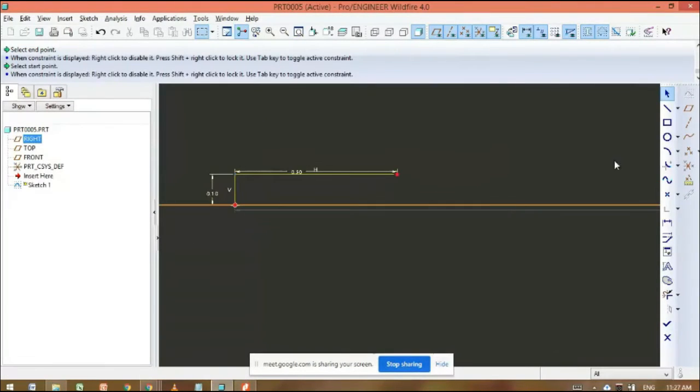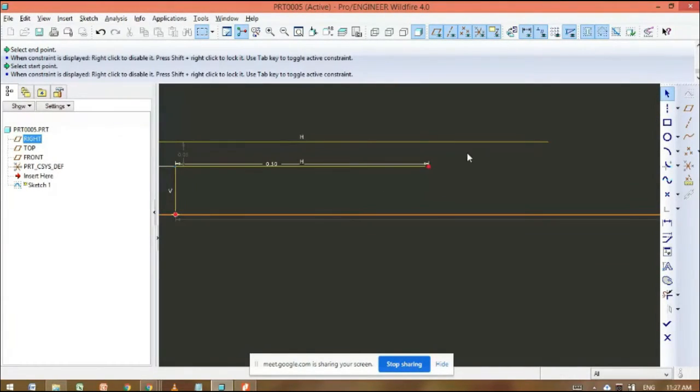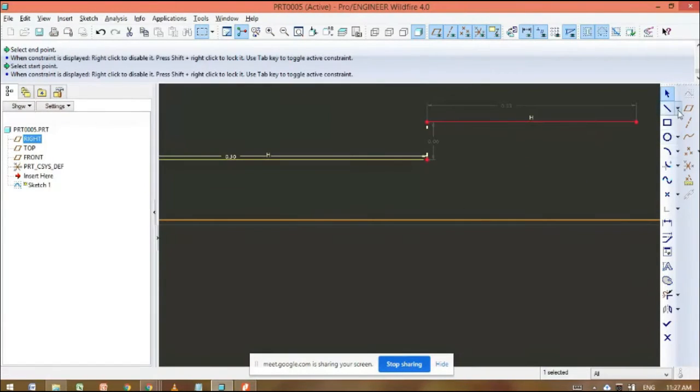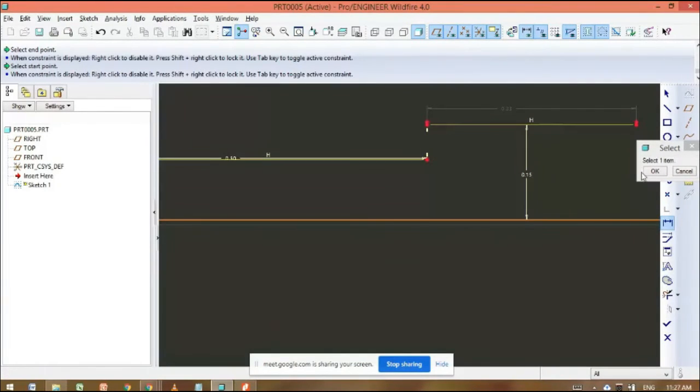So here we need to take one center line, otherwise we can simply draw a line directly. The dimension from this axis to this line: double click here, 0.25, and this is the diameter, so take half of it.